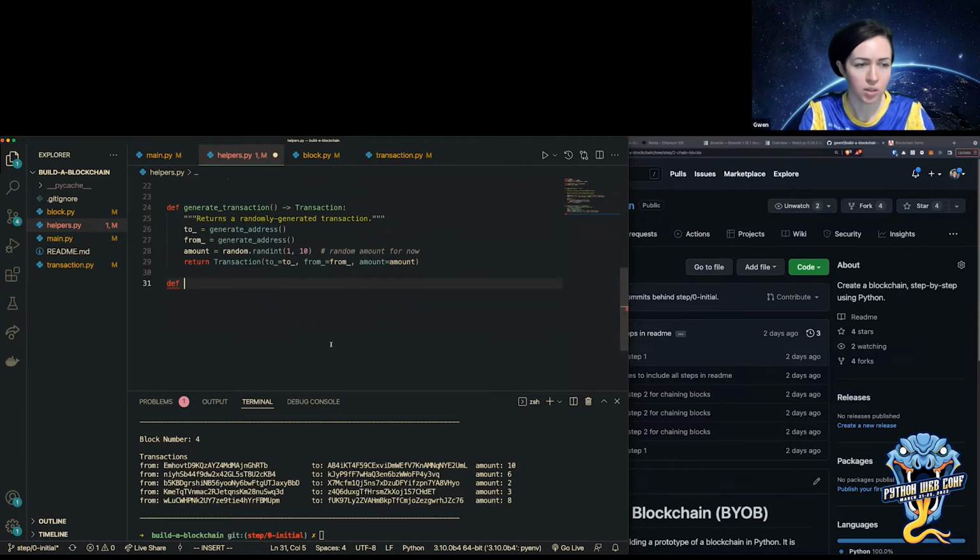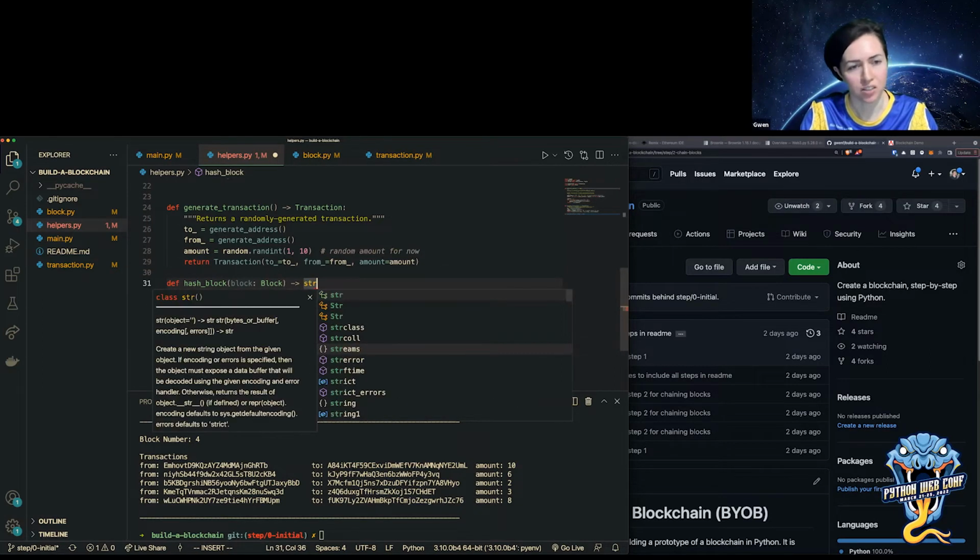So there's a couple different methods of hashing data. Of type block. And we want to hash an entire block.